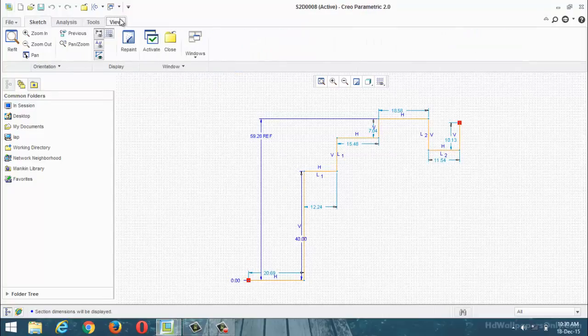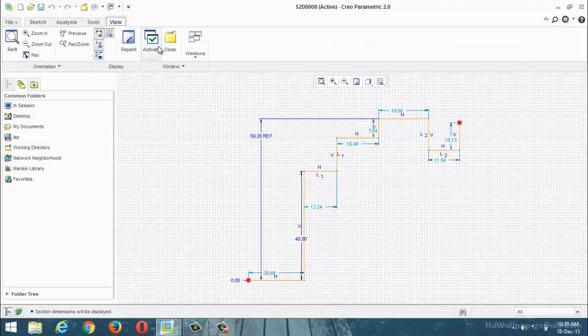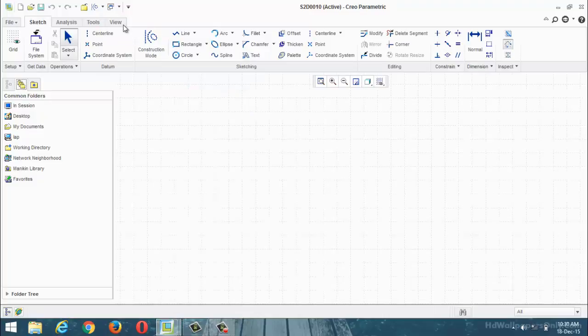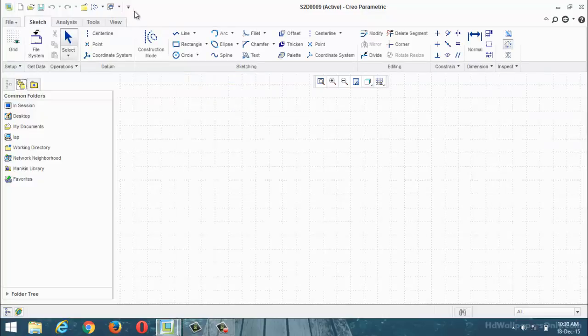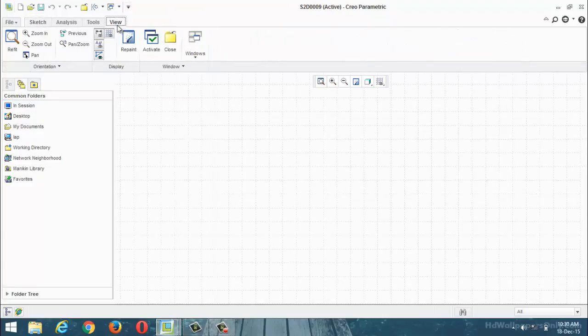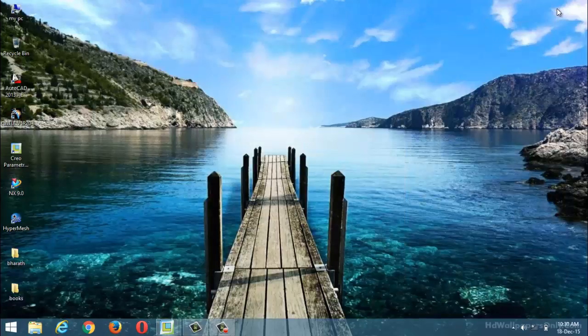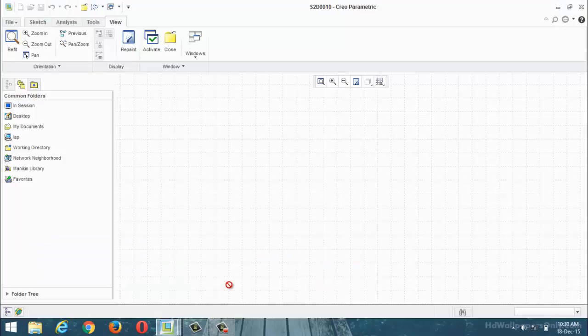Again view toolbar, again I am going to activate. Again I am going to select. Directly you can activate in this format, or otherwise use the view toolbar. Again select, you can open this one or otherwise directly apply the active option here. The page will be in the active condition. That is the view toolbar.